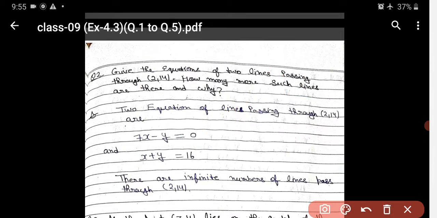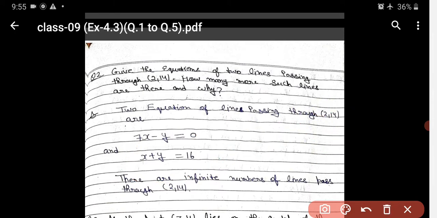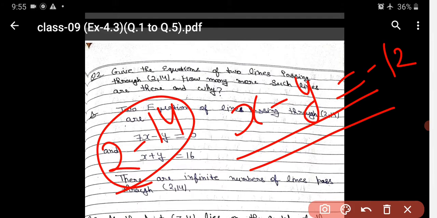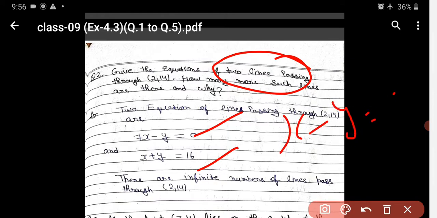Now the second equation, I am writing here, x plus y is equal to 16. Now just check, 2 plus 14 is equal to 16 or not. It means that this equation is also correct. So if you want, you can write others also. If you want to write x minus y, just calculate. In place of x it is 2, in place of y it is 14. So what will you get here, minus 12. It is the third equation. So you can write different equations for this point. They are asking for only two lines, so I am writing the equations of two lines here. If they are asking for 3, you can write x minus y is equal to minus 12 also.